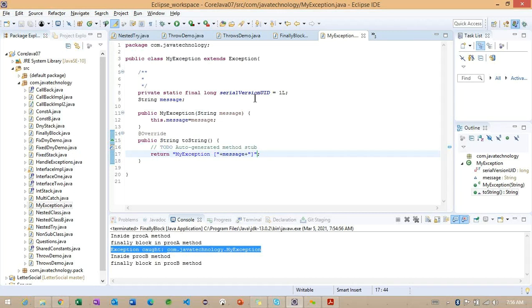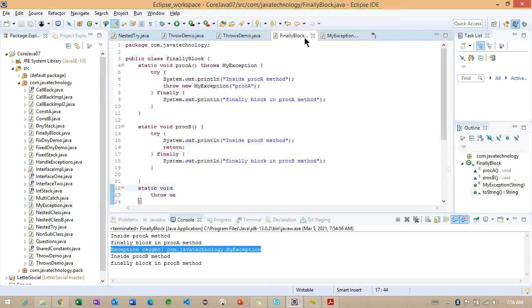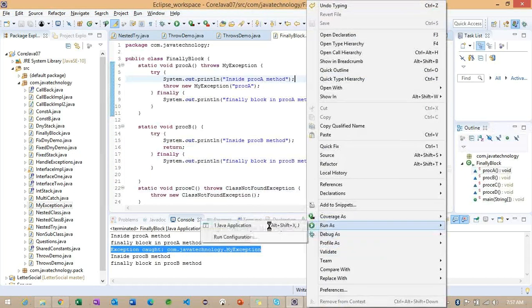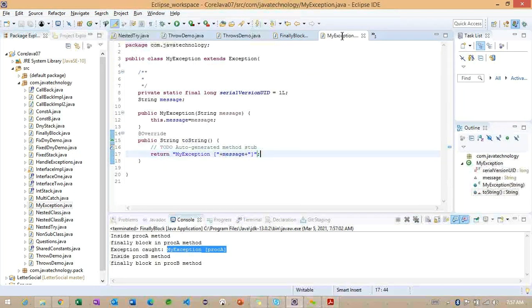Whenever we are trying to throw the exception here, let's see what exactly happens in the example. You can see my exception and process here. So where is this message coming from? This message is coming from this particular toString.